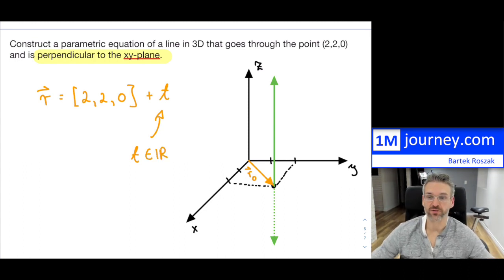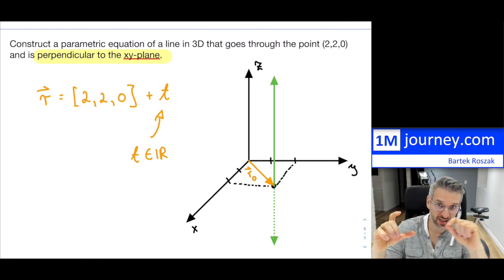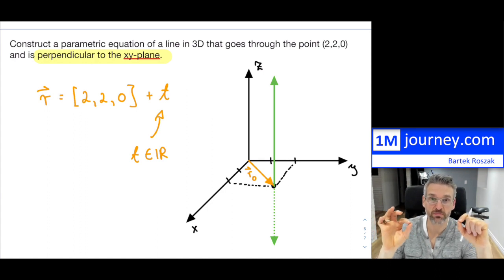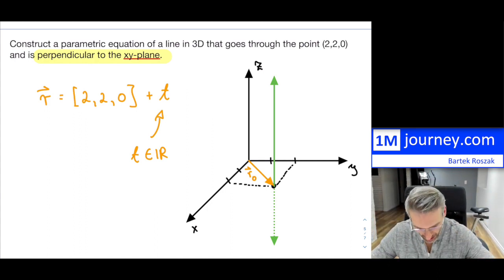So this particular t can be an element of the real number line, so that we can span out our entire line. Now, from 2 dimensions, you may recall that what we need is a vector. Now, in 2 dimensions, it was easy. It was basically a vector which was parallel to the actual line. So now the vector that's parallel here, I can obviously pick the vector which is going to be even